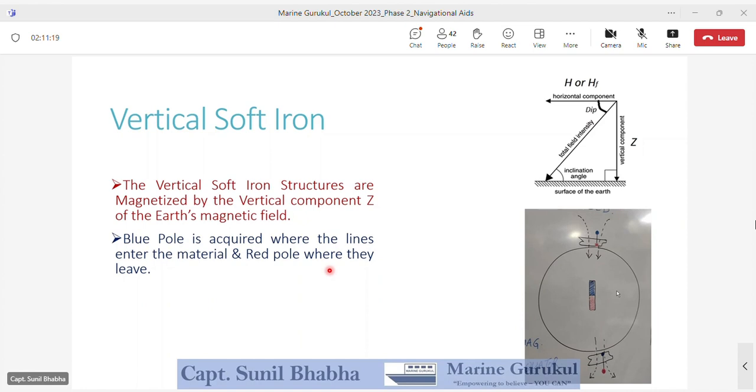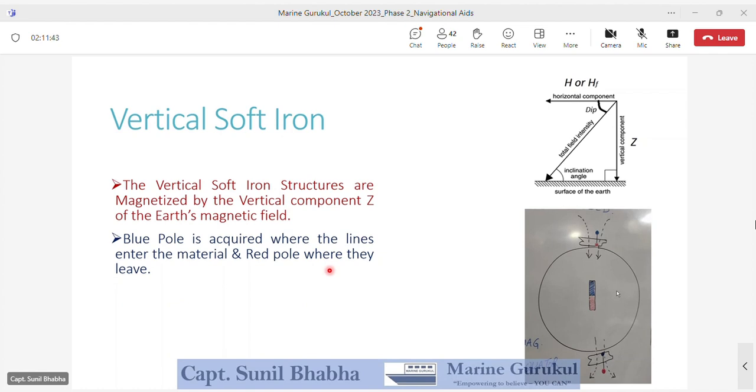Wherever the field lines enter into a structure or a magnet, a blue pole is acquired, and these vertical lines of force going downwards will be coming out from the base of the mast. So the bottommost part of the mast, or the base of the mast, from where the magnetic lines of force are leaving or going out,